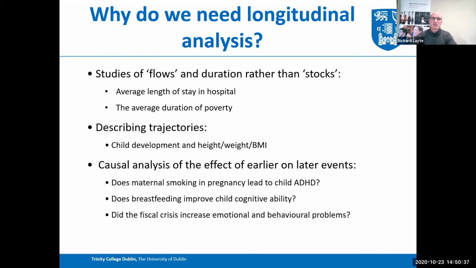Did the fiscal crisis increase emotional and behavioural problems amongst children in Ireland? These are cause and effect kind of questions, aren't they? They're saying, did X lead to Y, right? And what I'm going to tell you about now is, given the question you're asking and the data you've got, what kind of methods could you use? So the first one